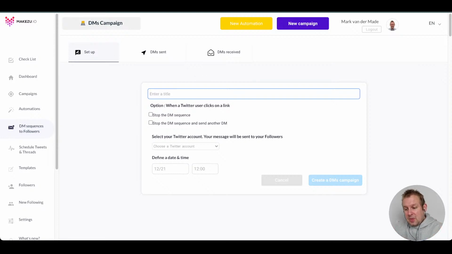So sending DM sequences, basically sequence campaigns, can be really powerful because you can redirect them back to a certain link. And you can get some conversions out of that, or you can send them interesting articles and get more exposure for your brand and position yourself as a good authority on Twitter. Then we can also go to the scheduled tweets and threads. So if we go there,